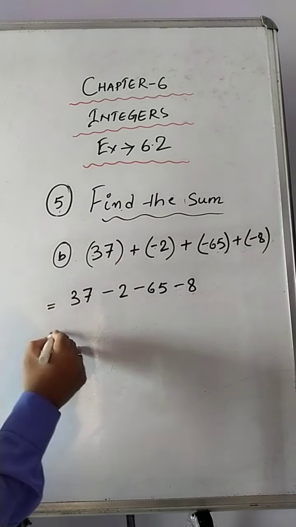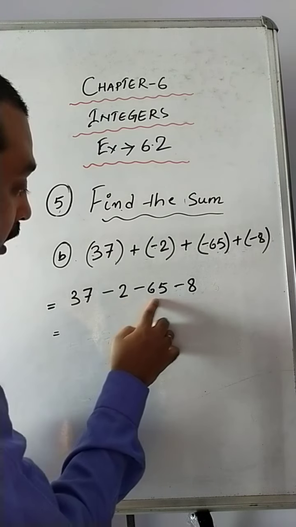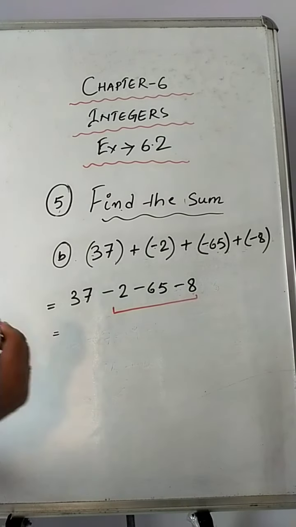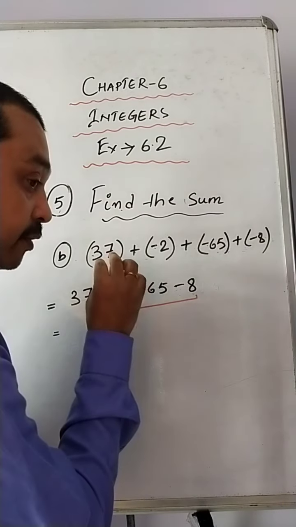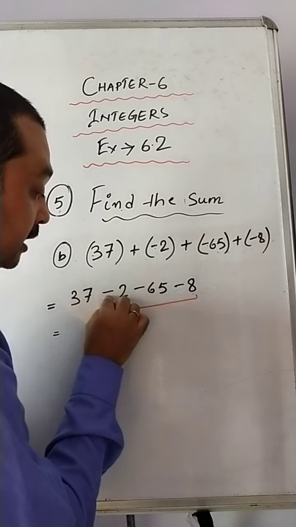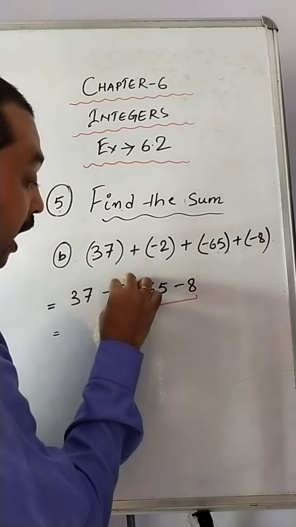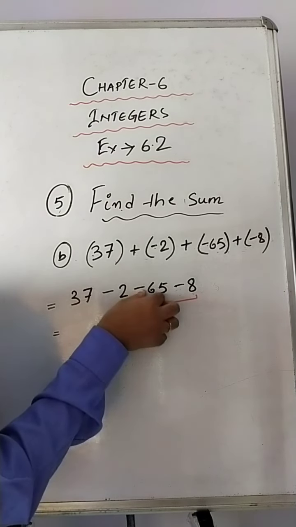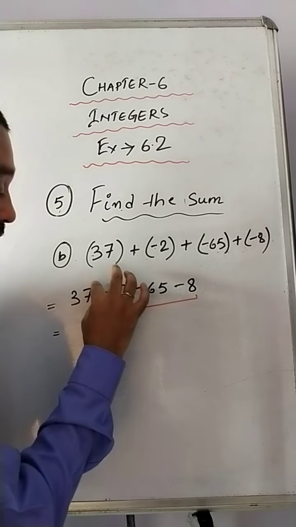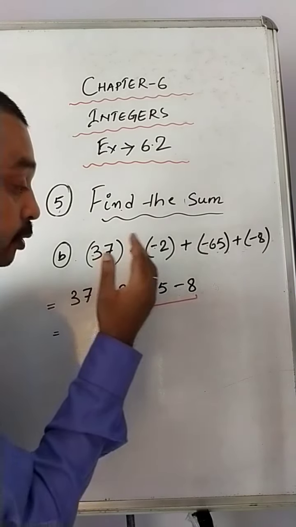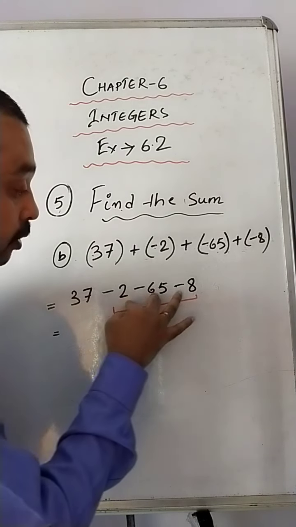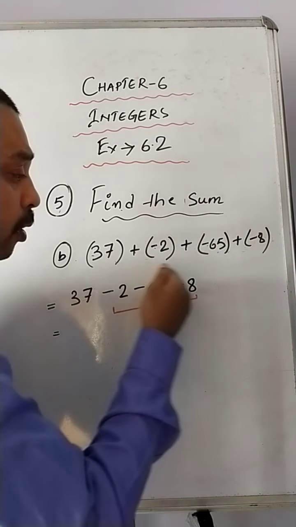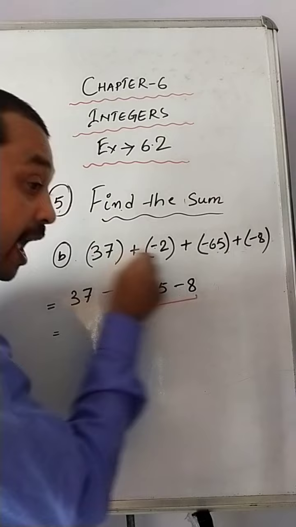Okay. Now students, see this, all three numbers are carrying the negative sign. So what did I say in the previous sum? If you see the numbers are carrying the negative sign, in that case also you have to add all those numbers. See, 2 is carrying the minus sign, 65 is carrying the minus sign, 8 is also carrying the minus sign. So if you see this type of arrangement, you have to come to a conclusion that you have to add all those numbers. No matter how many numbers there are, 3, 4, 5, 6, 7. If all the numbers are carrying the negative sign, you just have to add all those numbers.